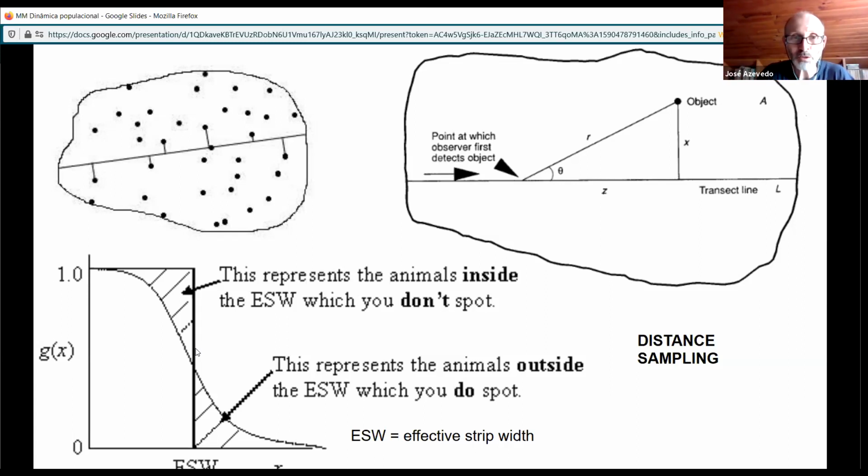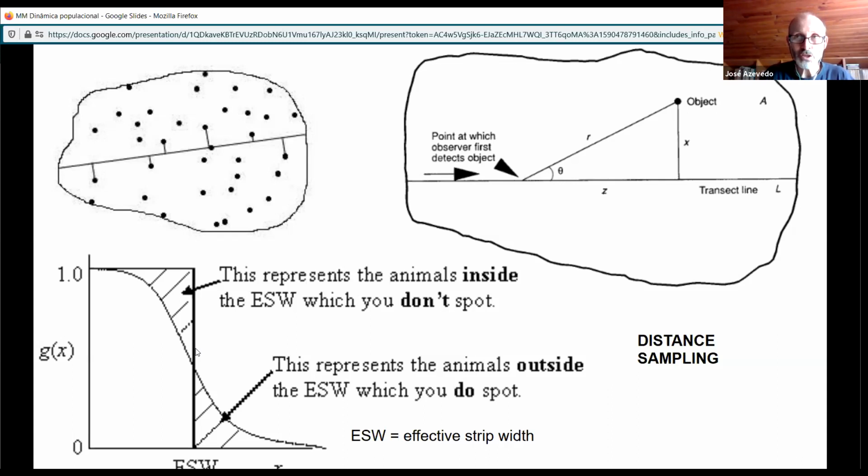So we do not assume that we see all the animals. We do not see all the animals, but we use the animals that we see farther away to estimate the animals we didn't see. Okay? Of course, to this you have to add another estimation, which is